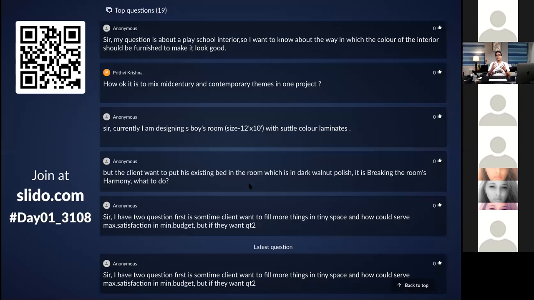Just don't put any material in the ceiling for the sake of putting that material. Not for the ceiling for that matter, but anywhere that you are putting a material, there has to be some story and reason behind it. It is not that, okay, this material is available or something has come new in the market, let's put it because the client doesn't mind and there is a budget. You need to have a story. You need to convince yourself first why I'm putting this, what is the need of it, and is it going to add value to my interiors? If you understand that and all your questions are clear, go ahead and put that in front of the customer. Okay? Thank you.